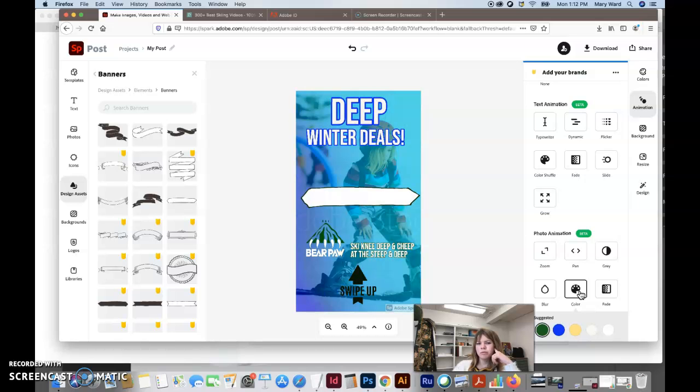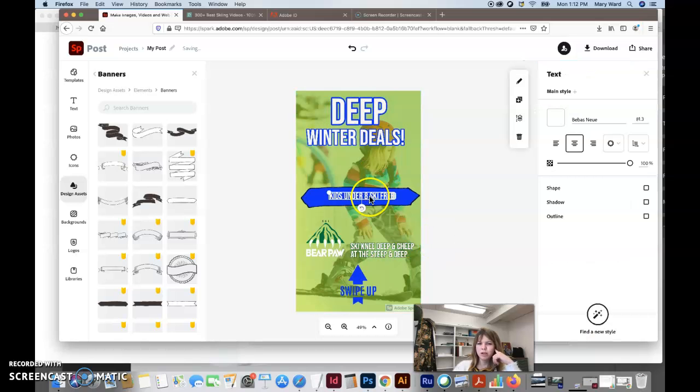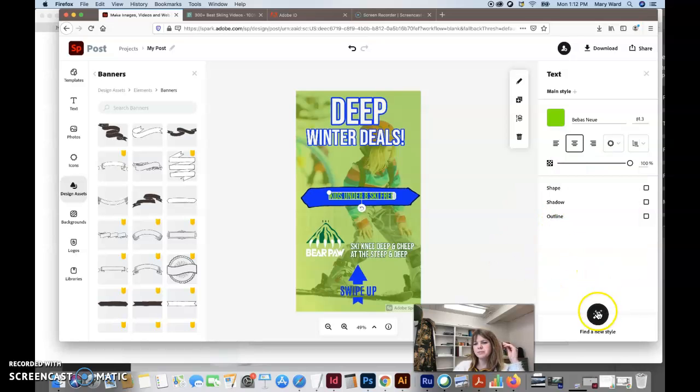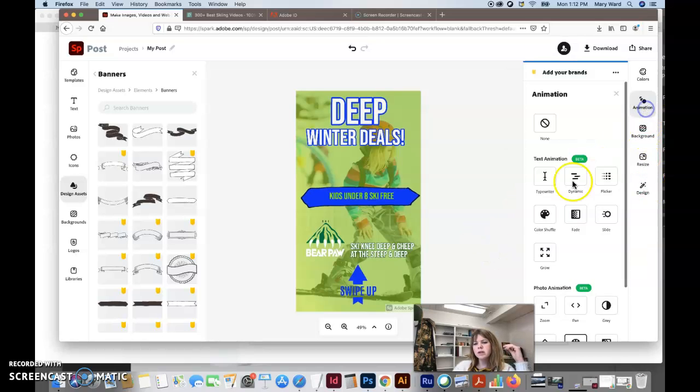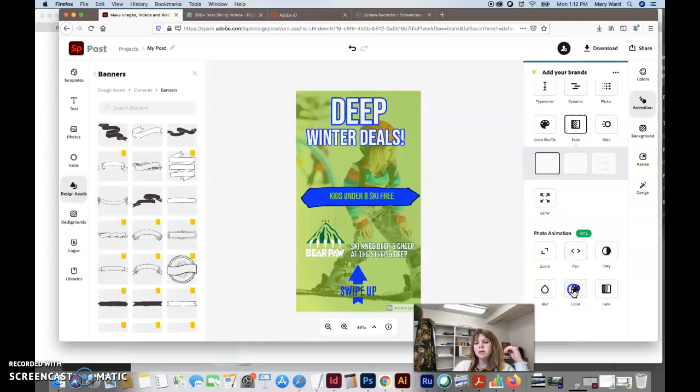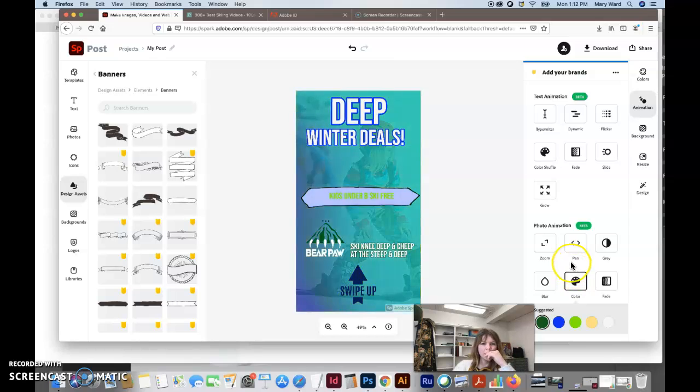I kind of like the color one, although I am having an issue with this text being this color, so maybe I'll have to change it. Ooh, that's not gonna work. Definitely needs to be like, maybe I can make it like a chartreuse color or something, or a neon green. And then let's try this out again. So if we do fade, and then maybe color. That looks okay. It's not great, but